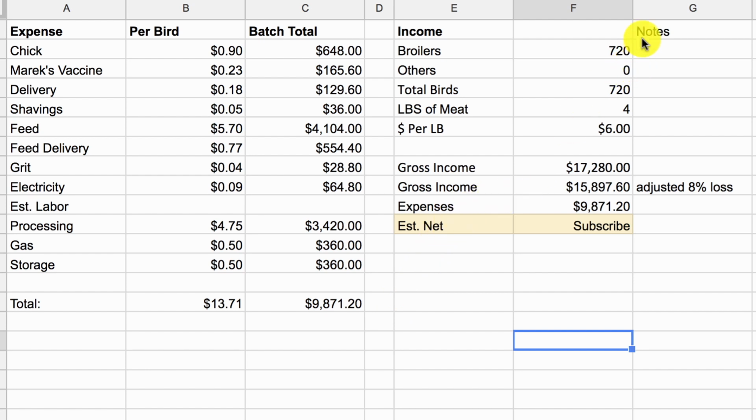Now, if I'm raising 720 birds and they average 4 pounds of meat per bird, and I'm charging $6 per pound, then my gross income is $17,280. Now, I've adjusted that in my budgeting for an 8% loss. That's just natural occurrences, giving up birds for staff members, whatever the case may be, 8% loss. So we have a gross income of roughly